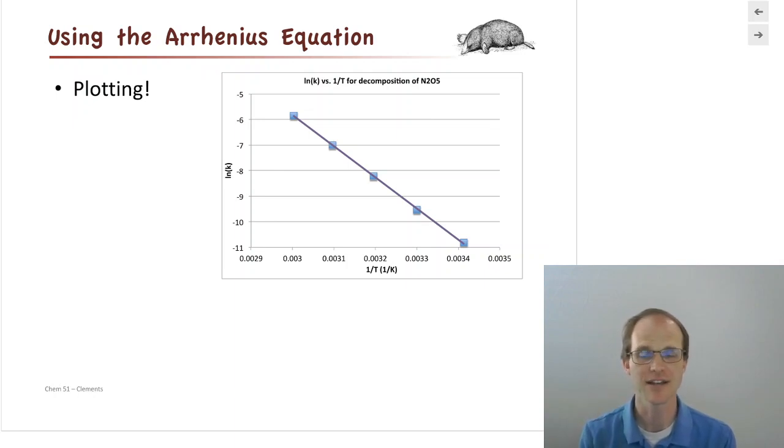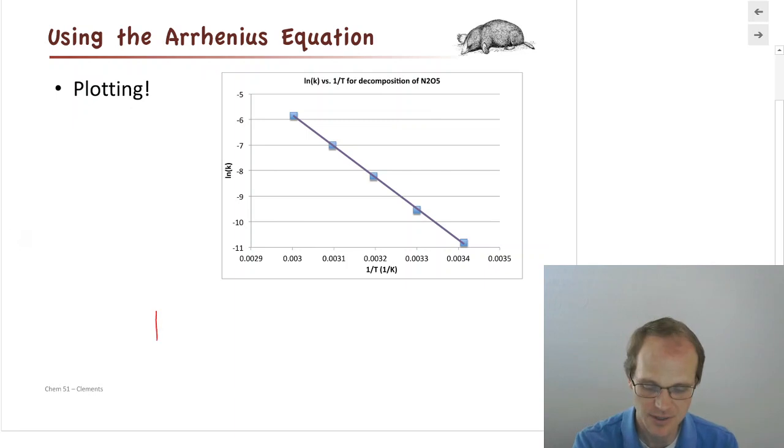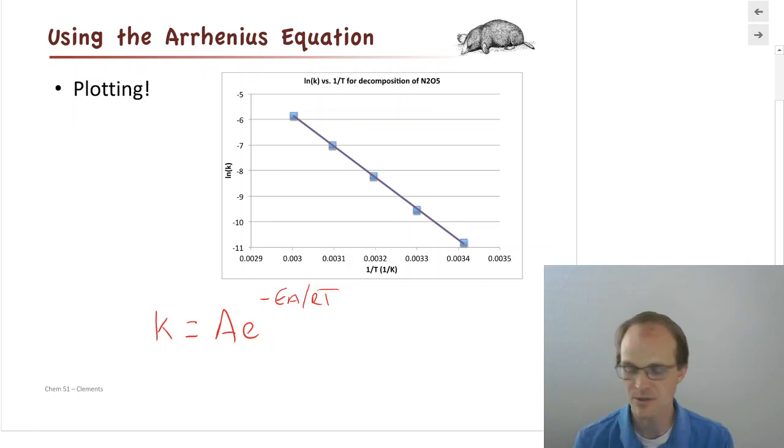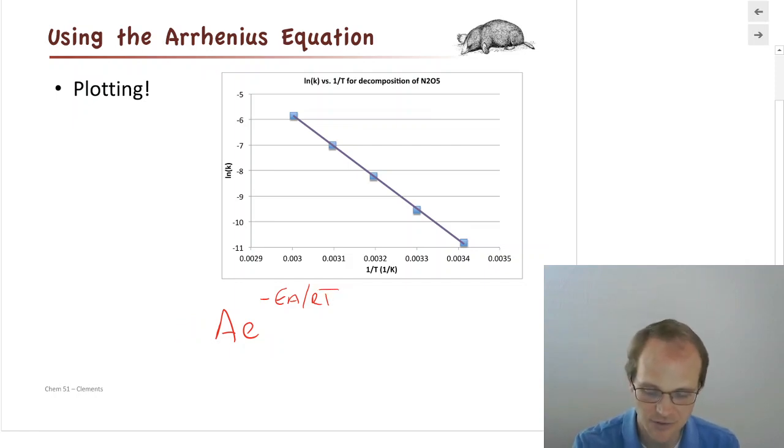So you've seen the integrated rate laws already. We turned all of those different concentration things into lines, and we're going to do the same thing for the Arrhenius equation. So if you start with the Arrhenius equation, k equals A e to the minus Ea over RT, what we're going to do is take the natural log of both sides of that equation. So let me go ahead and just take a natural log there, ln, and as long as things aren't equal to 0, we're good.